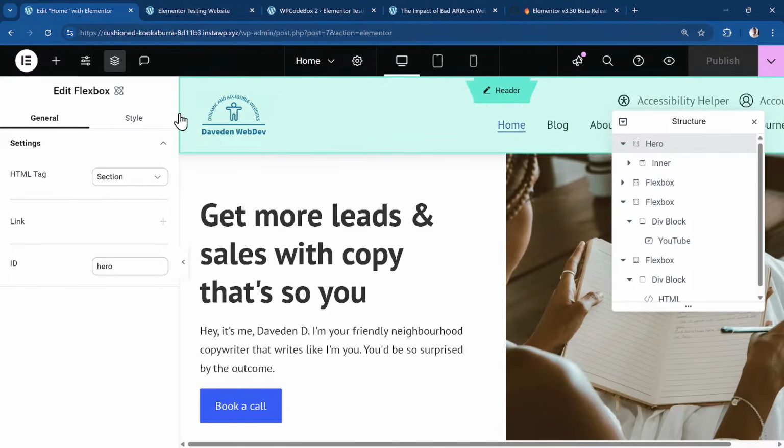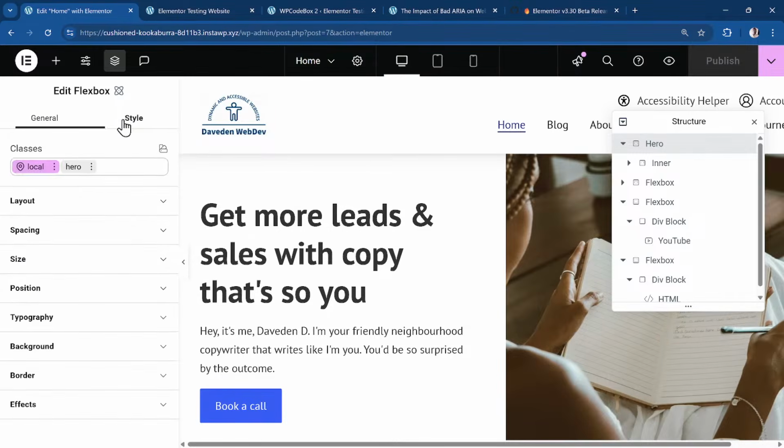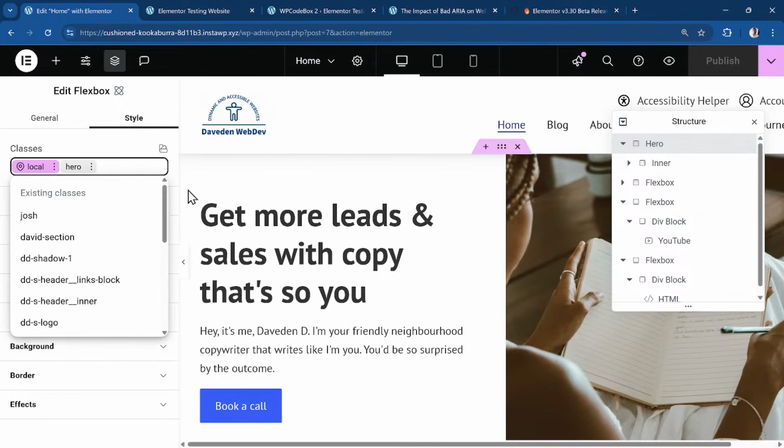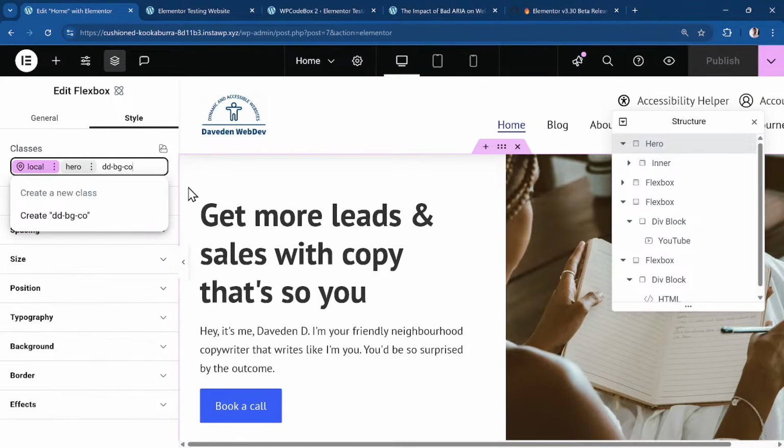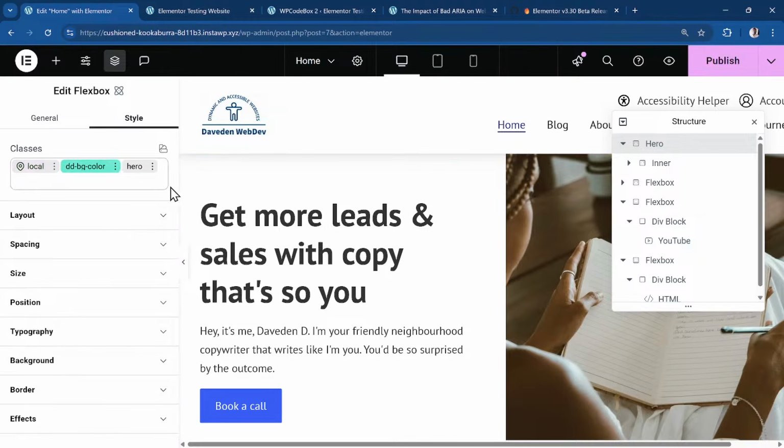But for now, if you want to add classes, you go to your Style tab and you can add your classes here. So now that the classes we put in the backend are reflected on the front end, we can use our frameworks. If you have a framework like Core Framework, you can just directly put the class name from Core Framework. Let's see if I know any class name here. Let's see, the BG color. I think that's what I call it. Then